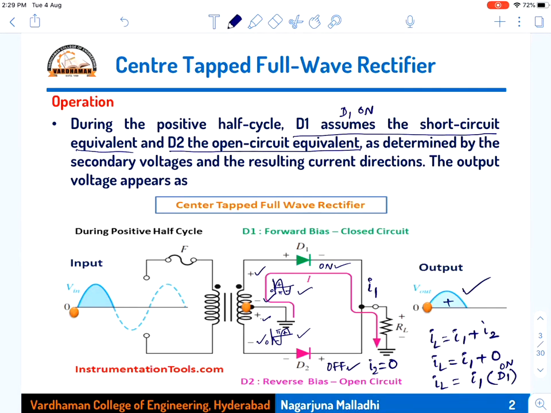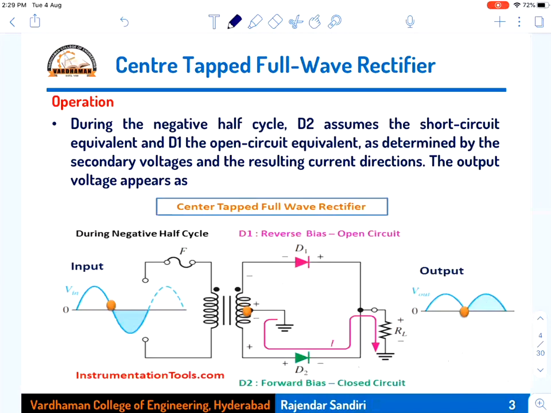Okay. Next, for the negative half cycle, you will be getting the negative portion like this, negative half cycle. Then your positive next cycle. We have to see the next cycle actually, the second cycle. So instead of that, I will represent the same waveform, but we will have to consider that from pi to 2 pi. So I will represent the waveform like this, but now we have to see the pi to 2 pi waveform.